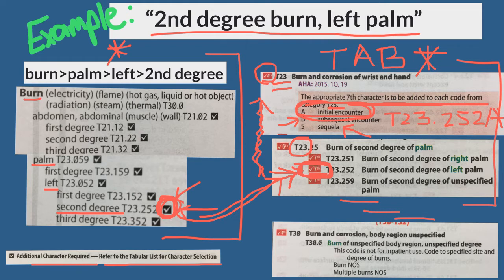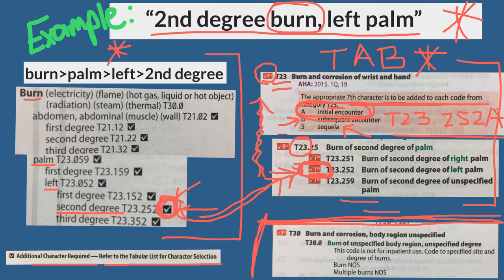While we are on this slide, let's take into consideration another diagnosis entirely. So we're finished with this one. We found our correct code for this diagnosis. Let's consider something else, this T30 category. Let's say the documentation was just very vague and it just said patient was being seen for a burn. So when we go to the alphabetic index, we find burn. We have no other specificity. Again, remember we have these non-essential modifiers. So if the documentation said thermal burn or just burn or steam burn, they would all be coded to